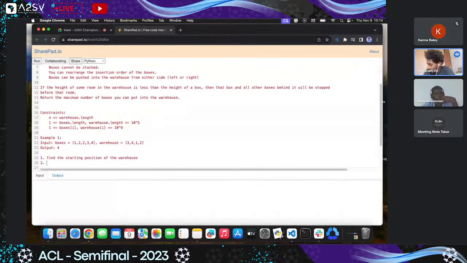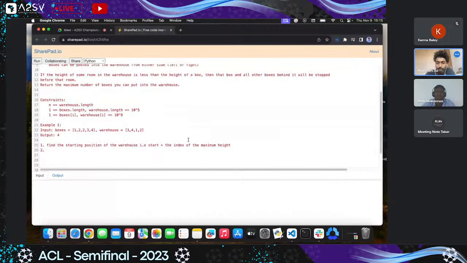So which should it be? The start should be the index of the maximum height, because we can't insert any box that is higher than the maximum height of the warehouse. So we should start from that index. Then